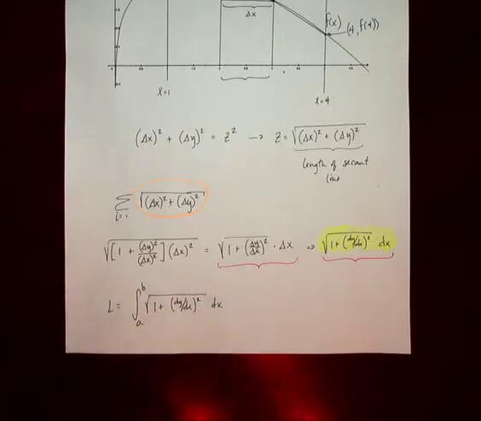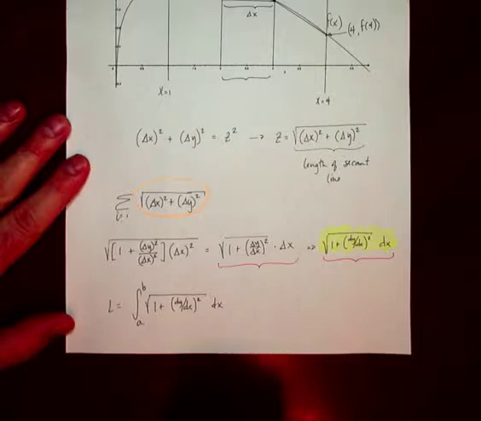The same way that you added up the infinite number of infinitesimally thin rectangles, or, when you were doing area, cylinders, in order to arrive at